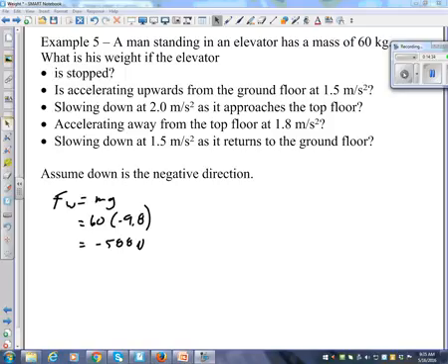The weight force is mass times gravity. Right? 60 times minus 9.8 is minus 588 newtons. That minus 588 newtons is how much is pulling down on me. But it's not a measure of the normal force. The normal force is what direction? Up. Okay, so that 588